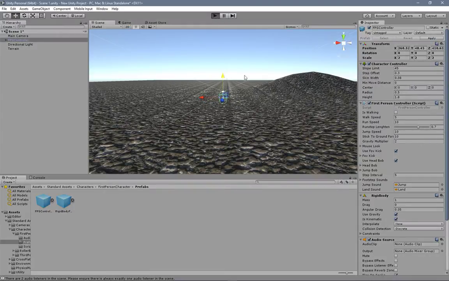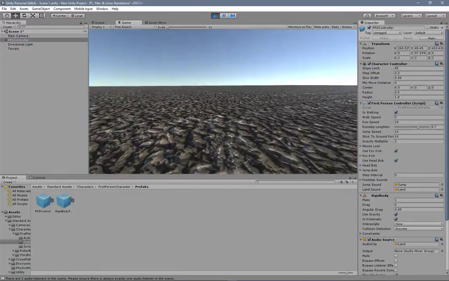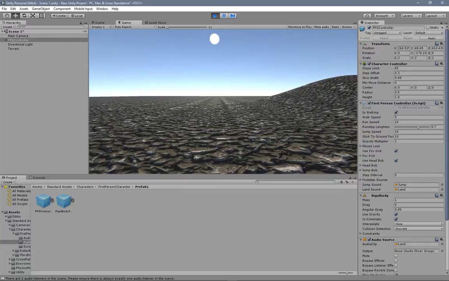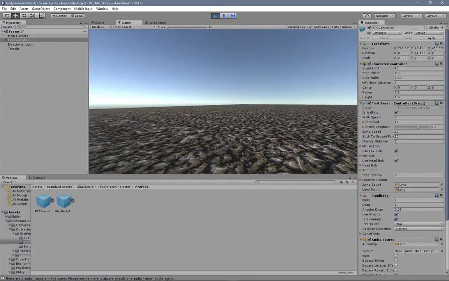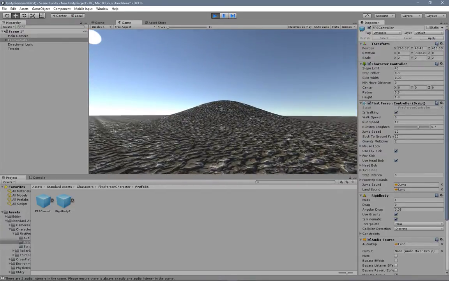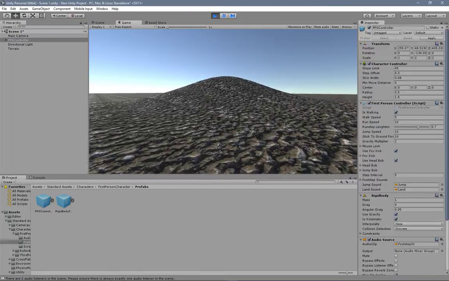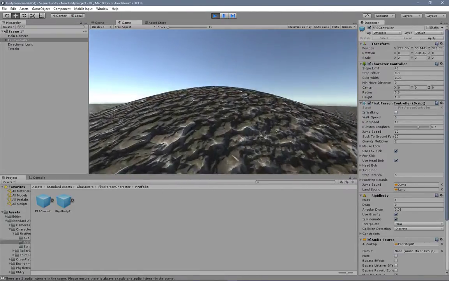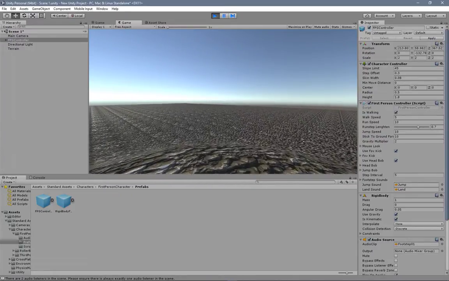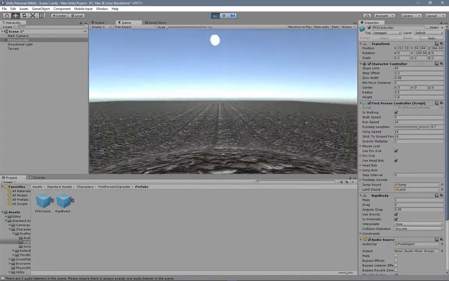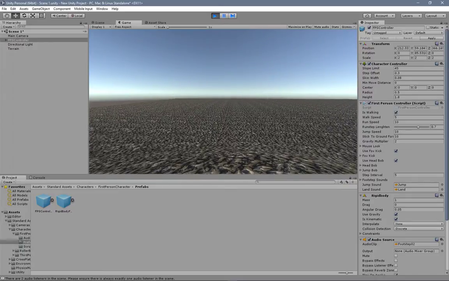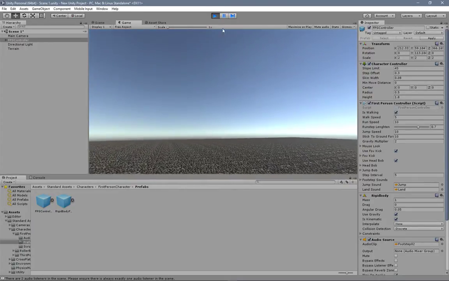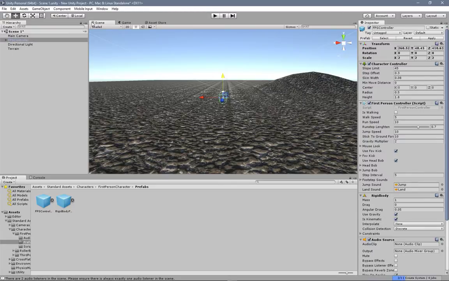But now if I hit the play button, you'll see that the height looks a lot better. The scale of the texture according to everything looks really good now because my character is a lot taller. That makes this hill a little shorter, but at the same time I think that the scale overall is good. So I almost always take my first person controller and scale it up to 2. Alright, so now we're really ready to start building our terrains. So I'm going to hit escape, hit the play button, get back to my scene,